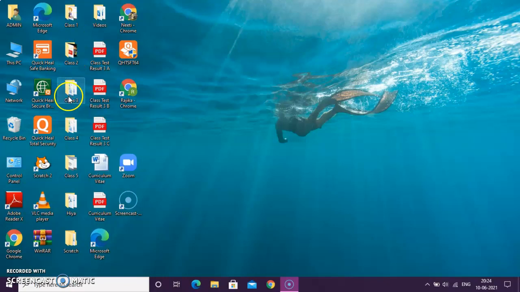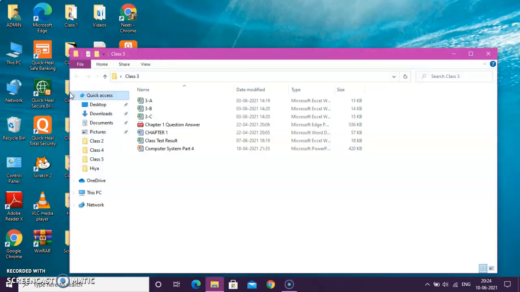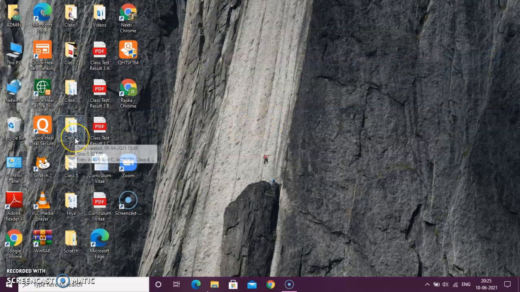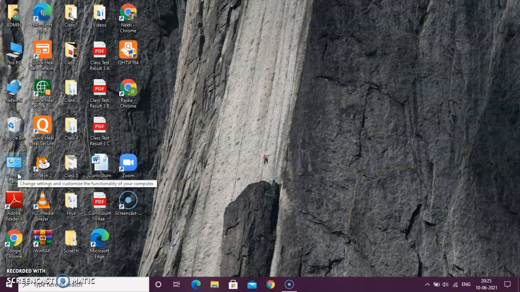Now if I open any folder, then in that folder, there are files. These are also the icons of these files. If you can see on your screen, it's written Microsoft Excel. So that means this particular file is a Microsoft Excel file. Now it's written PDF. So what is it? It is a Microsoft Edge PDF document. So these are all the different files in a folder. So icons also represent a folder, a file, the programs.